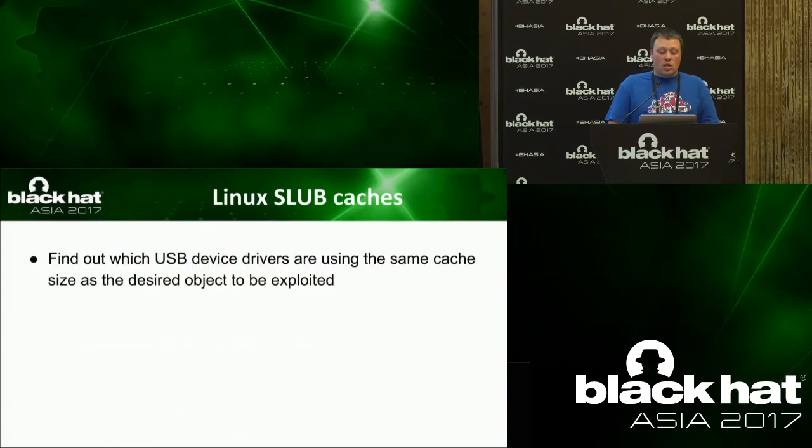So this is achievable in the following way. Remember, if an attacker can hijack your USBIP connection, the attacker can actually emulate any USB device on the client system. So the steps would be that if you're an attacker and you want to exploit a particular slab cache of a particular size, you just find any USB driver in the Linux subsystem which allocates transfer buffers from the same slab cache, and thankfully there are a lot of USB drivers in the Linux kernel, so you can select